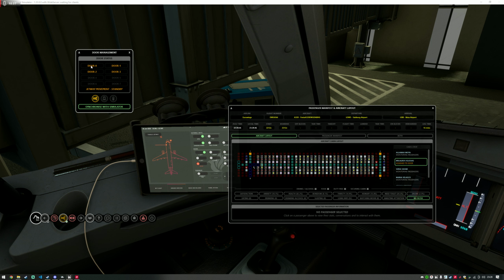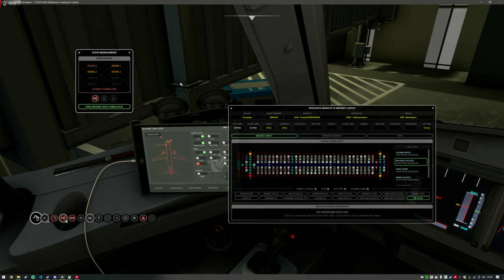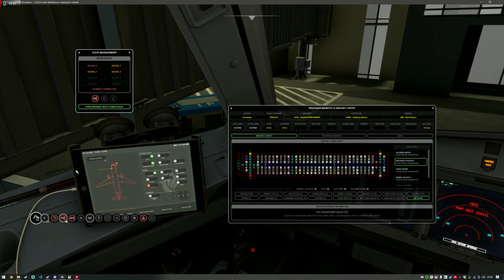Right now it is in closed disarmed status, as signified by the orange. There are 3 states: open, closed disarmed, and closed armed. So there we go. That door's open. Now, if I was to disconnect the jetway,